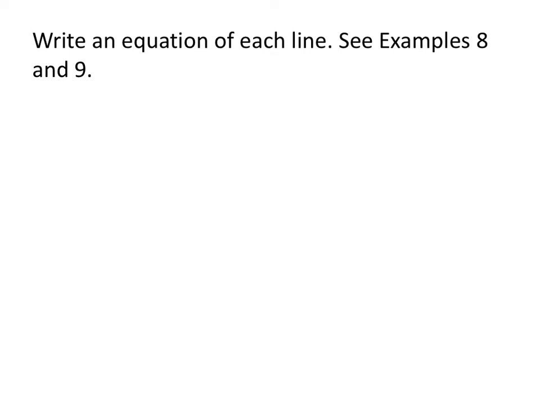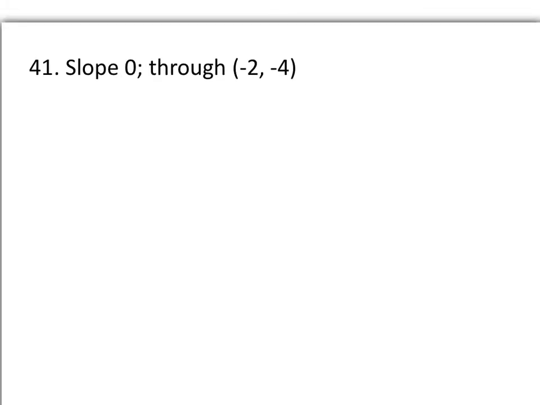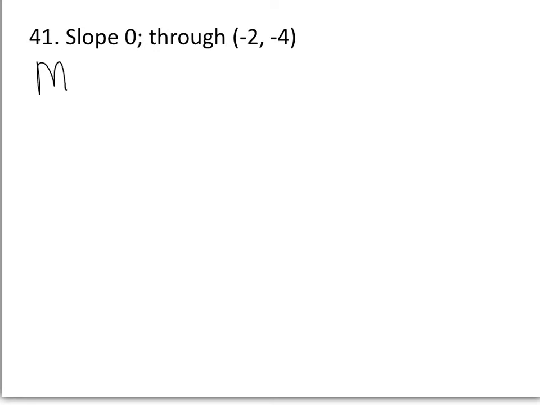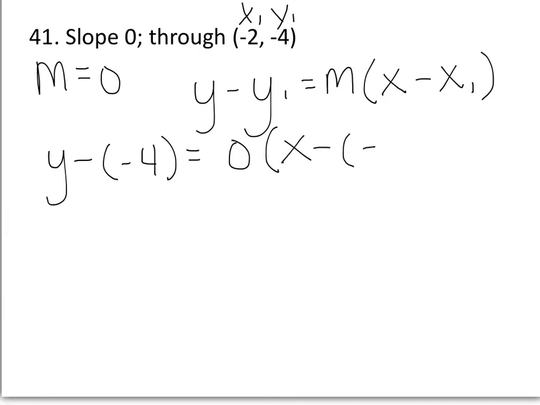Alright, write an equation of a line. Remember, they have to give you a slope and a point. They told us our slope is 0, so m is 0, and we're through the point (-2, -4). I'm going to label x1, y1 and plug into point-slope form: y minus y1 equals m times x minus x1. So y minus -4 is equal to m, which is 0, times x minus x1,